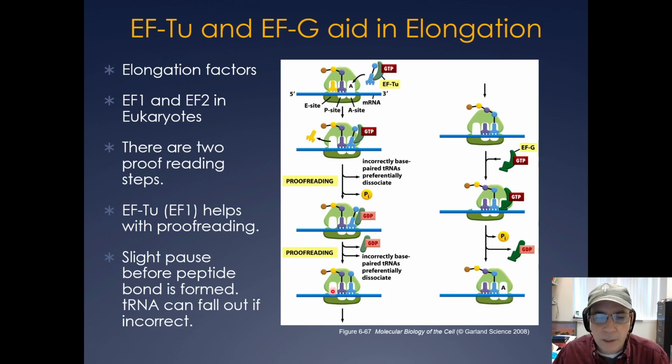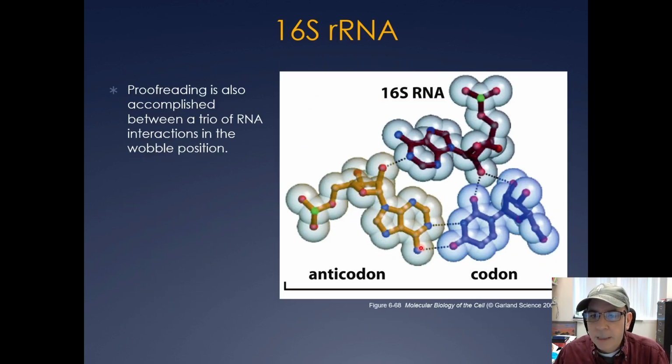Okay, so there's a slight pausing here before the peptide bond is formed, so that if it's incorrect, it can actually fall out. Here's what the complementary base pairing looks like between the codon and the anticodon,